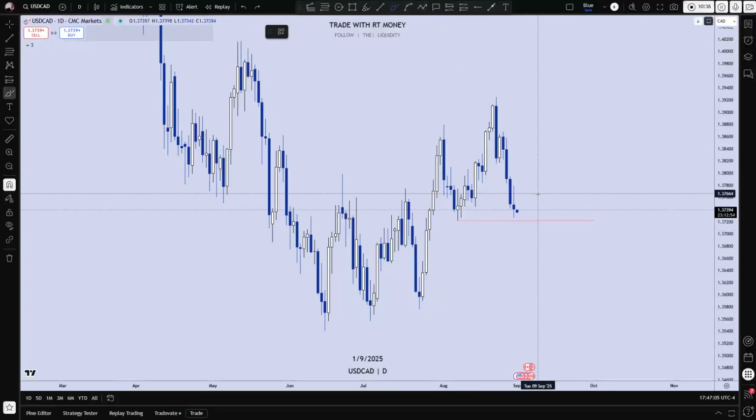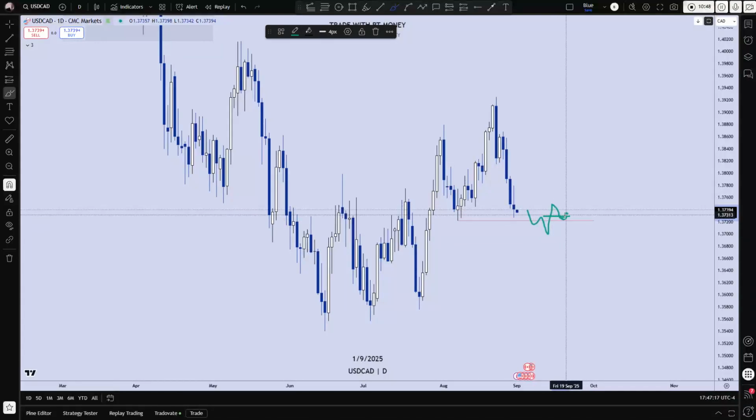All right, and what I'm going to watch for is a low on the lower time frames. I'm going to look for a low, a lower high, a lower low, and a higher high. Once it breaks that, that's going to be our change in the state of delivery. I'm waiting for price to come back to it so that I can take some longs, at least up to here. That is a bearish fair value gap, and I would like to take profit there. All right, and we'll see how price reacts once it reaches that.